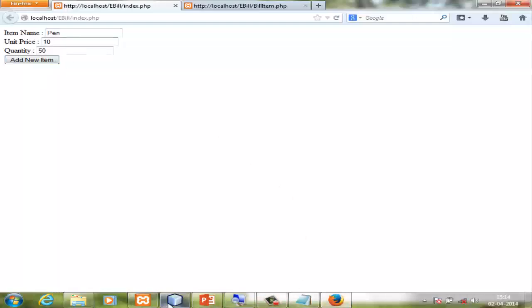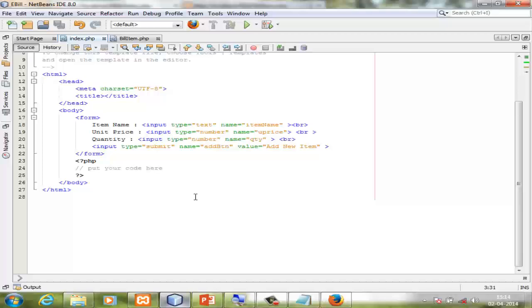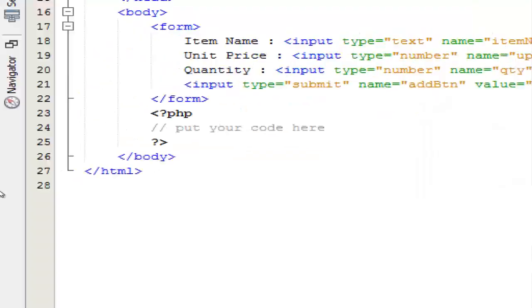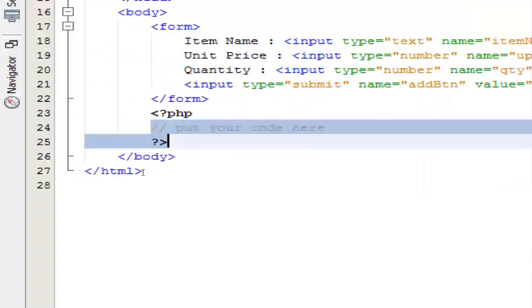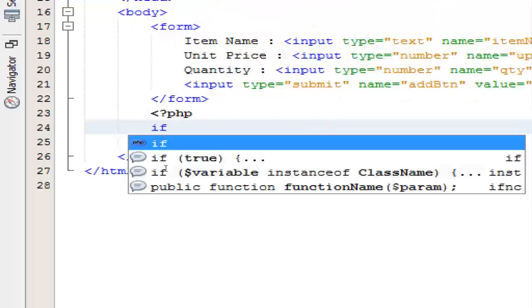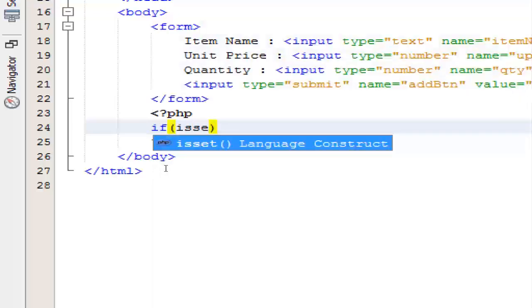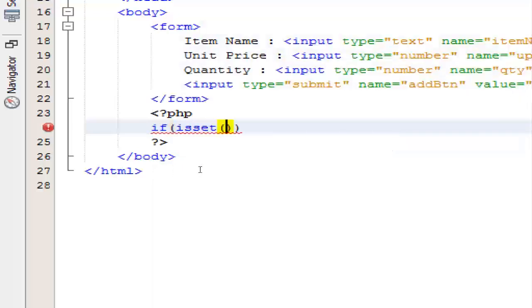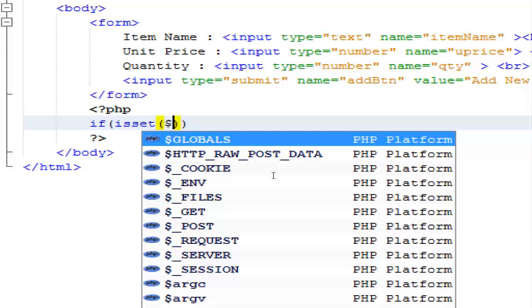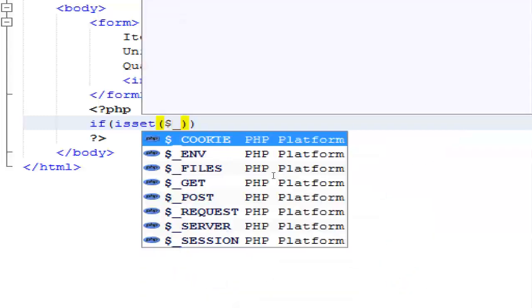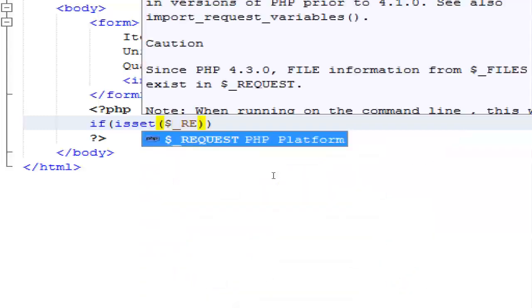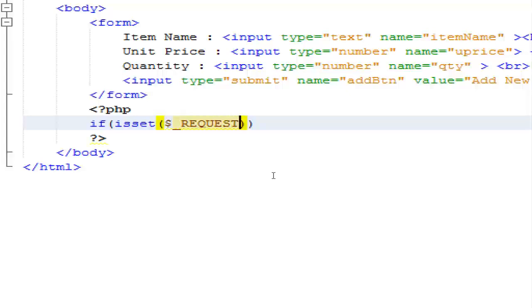I need to handle the click event of that. So let me go to the click part here. I'll go to the PHP part and I'm going to say if isset, and I'm going to check for the browser,